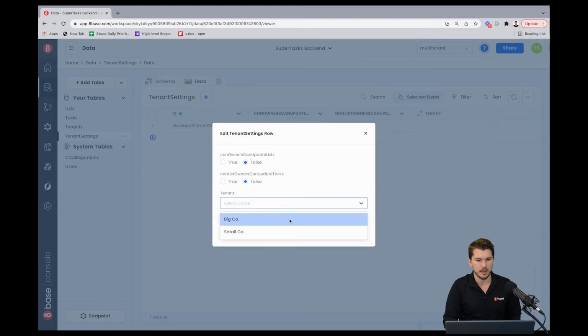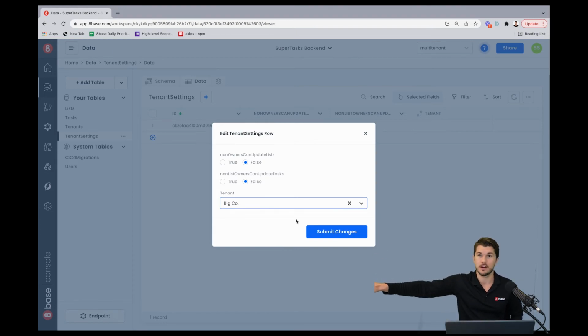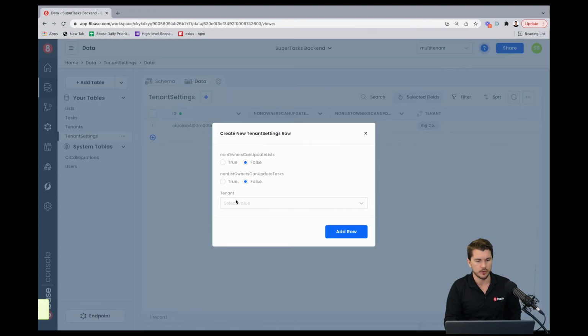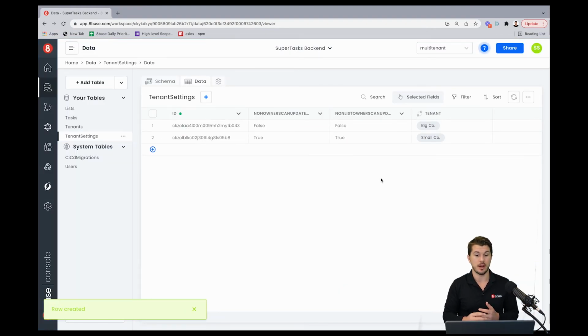So when it comes to BigCo, they aren't letting their non-owners update anything. You have to be the owner to update it, even though you can see it if you're not an owner, because that's how we set up our application. Submit those changes. And we're going to add another one for SmallCo, where they let their users do everything. Awesome. So now we can see that these two tenants have these different settings, which are these values saved in